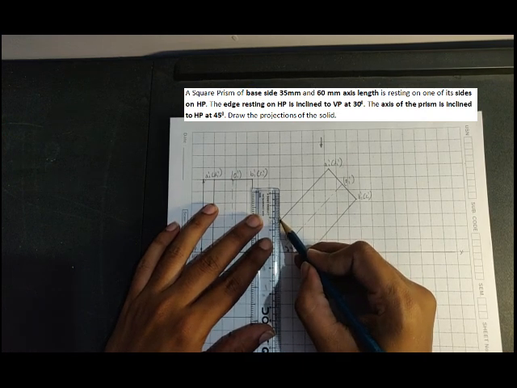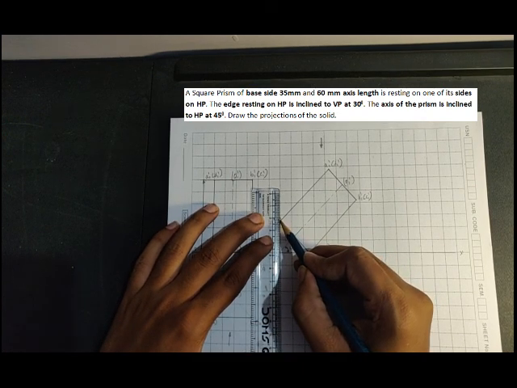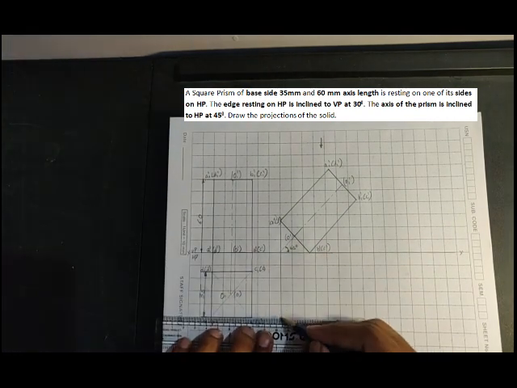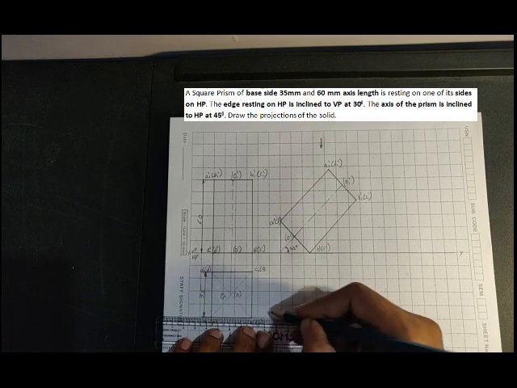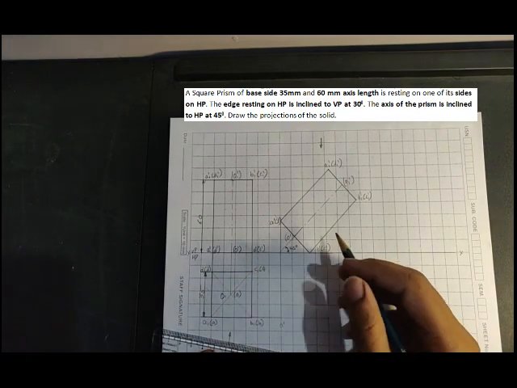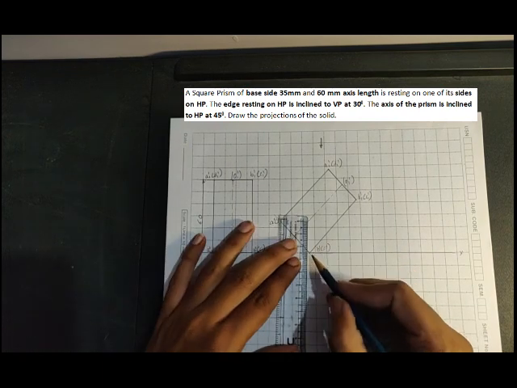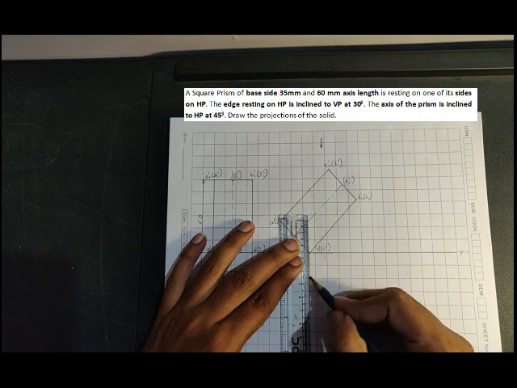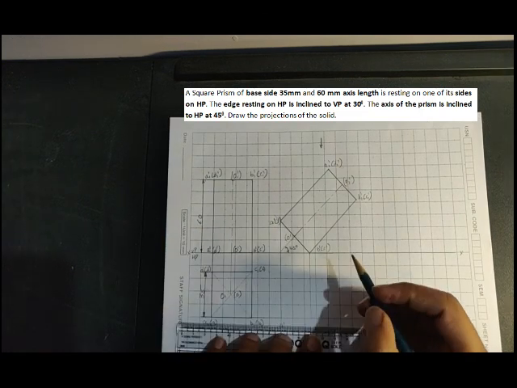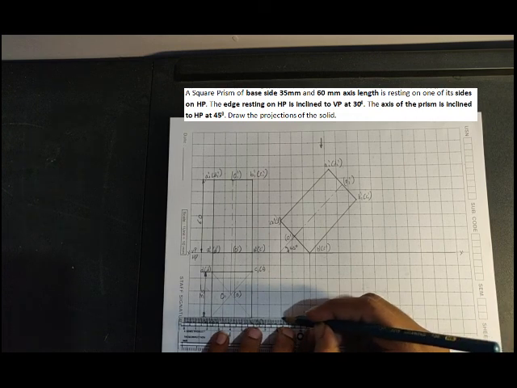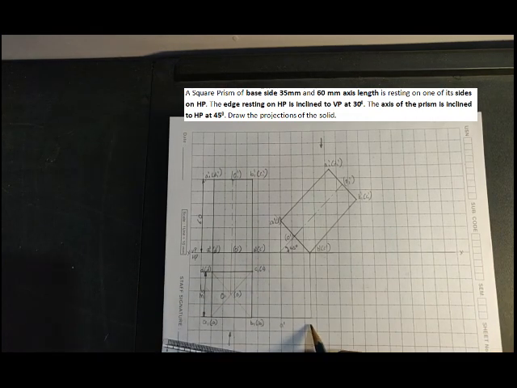So here what I'm going to do is I'm going to project A to A with a projection line. See, A to A. So let me name this A dash. Simply name it. Later we'll see which are visible, which are hidden. So I'm going with the chronological order. You to go with the chronological order. Project then and there itself. Do not simply project the lines later leading to confusions. So it is B dash, B dash.